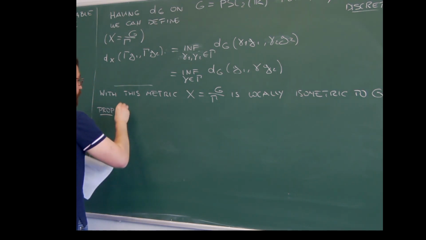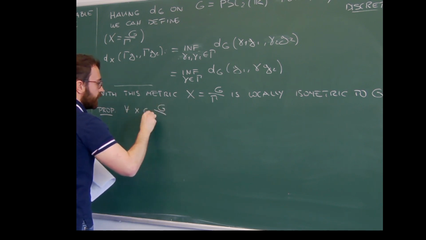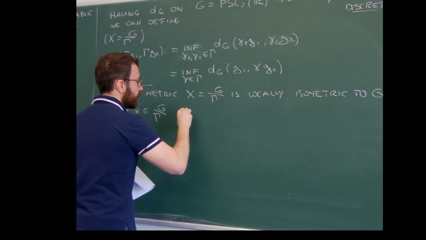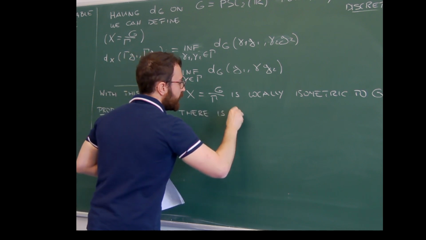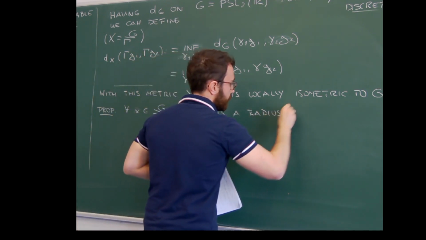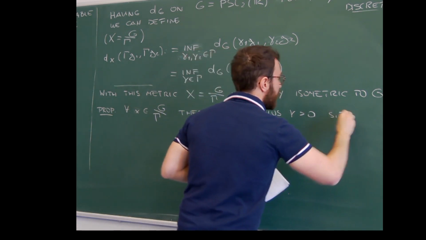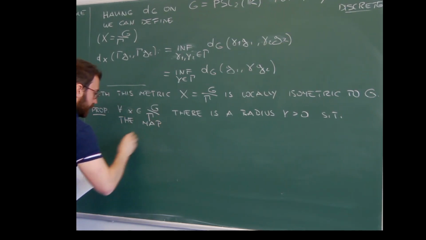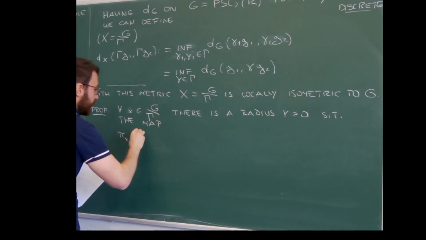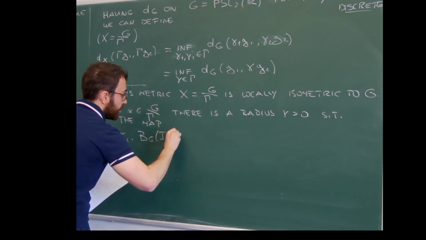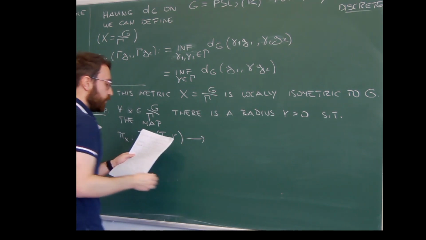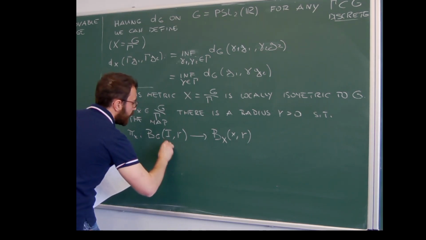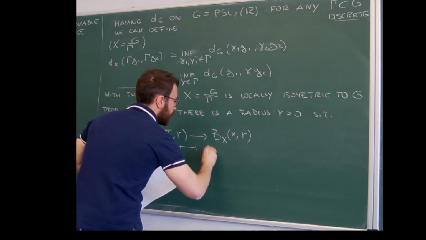Proposition: for all x in G mod gamma, there is a radius R positive such that the map Px from the ball in G around the identity of radius R to the ball in X around X of radius R that sends g to gamma x